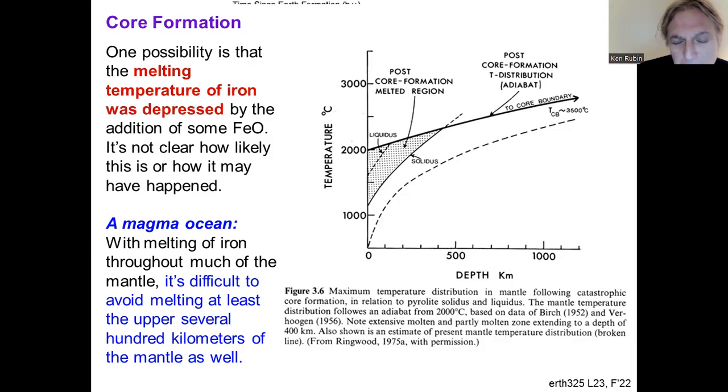So we can allow the core to form if it's not pure iron, it's iron contaminated with iron oxide that melts at a lower temperature, and that might help us with this early core formation at a time scale and a composition that's more consistent with a homogeneous model. One of the corollaries of this, as I mentioned before, though, is that you still have to get hot enough to make this iron oxide contaminated iron-rich core to also melt silicate to get what's called a magma ocean, okay? That magma ocean would have subsequently crystallized after the core was segregated